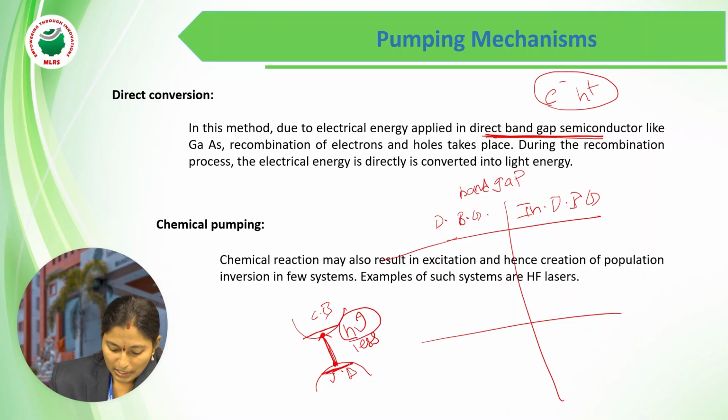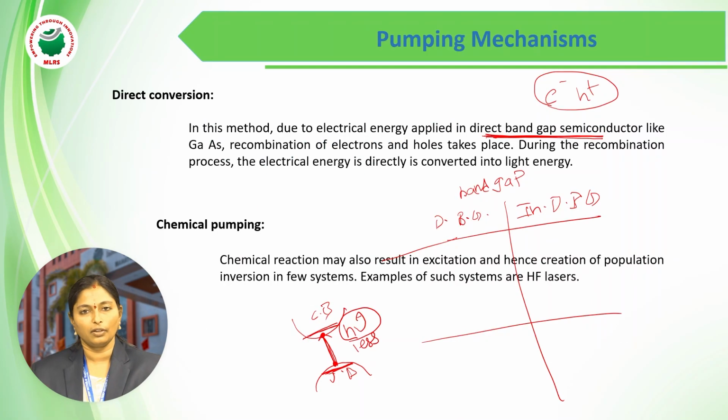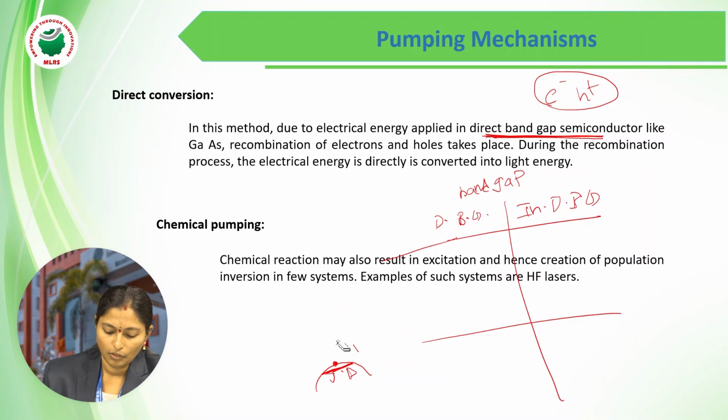So, here the maximum of the valence band and the minimum of the conduction band are at the same k values, where k means the wave vector. Both momentum and energy are conserved. Here we use only one energy, which we call photon energy. The values for direct band gaps are lower when compared to indirect band gap semiconductors. Whereas in indirect band gap semiconductors, we don't have the same k values.